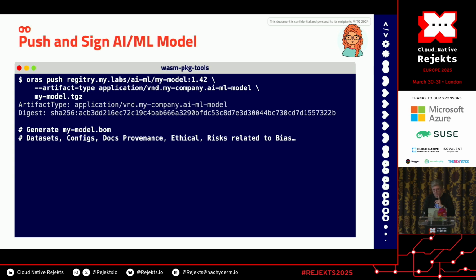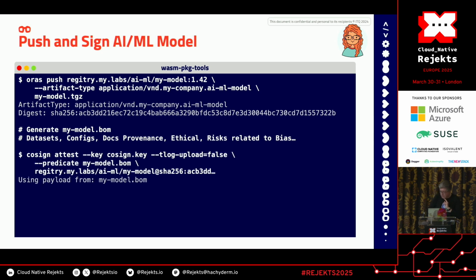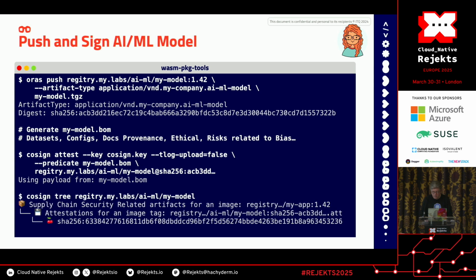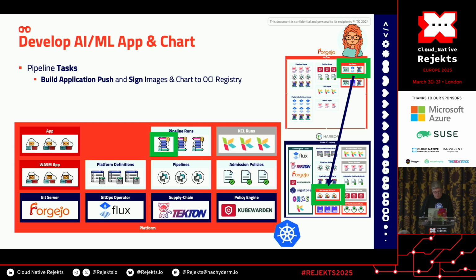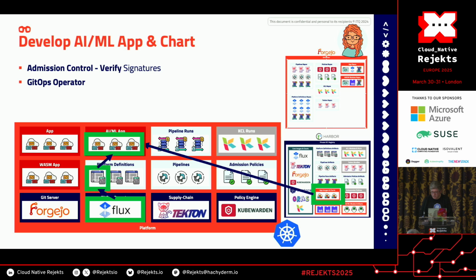And as usual, we'll use cosign to set the bill of materials for the AI model. Nowadays, AI has some issues with bias, etc. So to have an attestation of the documents they use, the configuration, etc., you can create an AI bill of materials and attach it with attest, as we saw before at the beginning of the presentation. And as usual, you can see the relationship with cosign tree. Then they deploy the application as Alice and Bob did, and the application will use the model from the OCI registry.